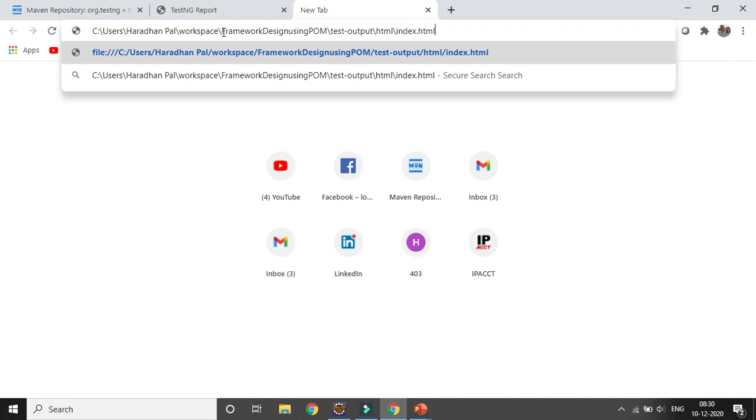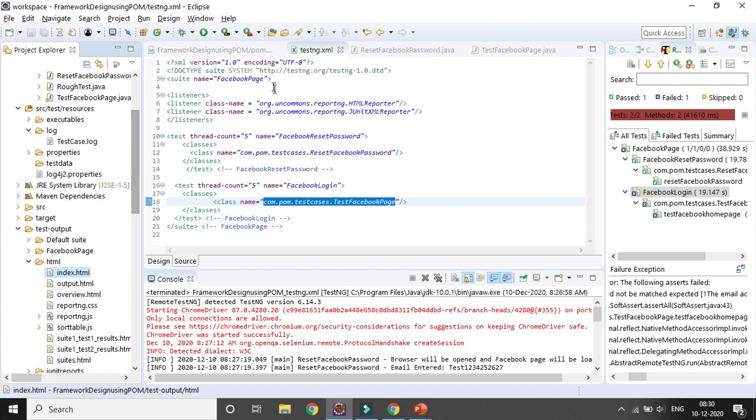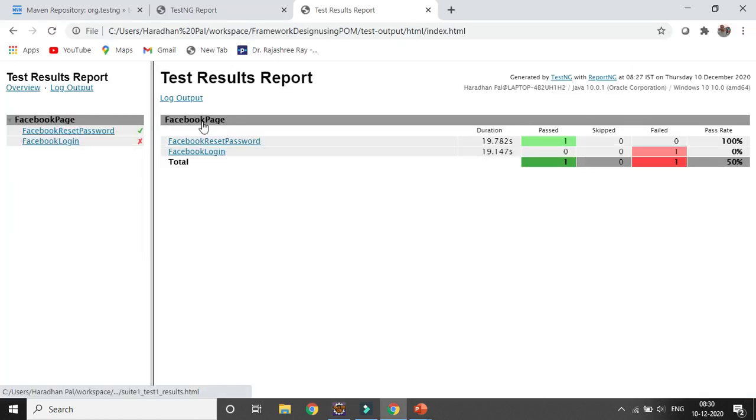If you open the path for the ReportNG HTML file, you can see the report here. You can see the overview and test log output, and these are the test cases: Facebook reset password and Facebook login. Facebook reset password is the test case, and this is the log output.